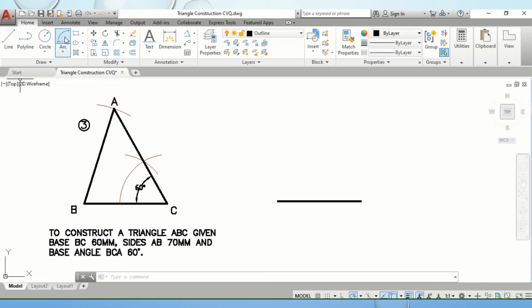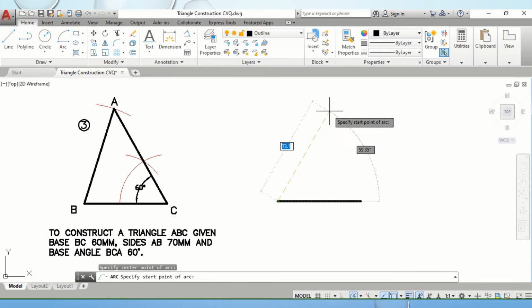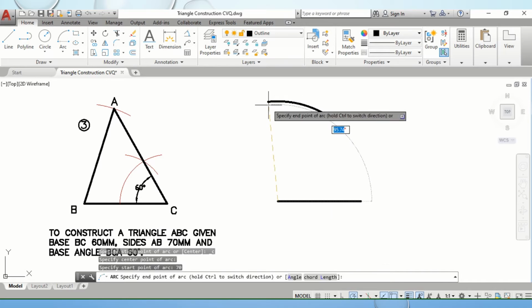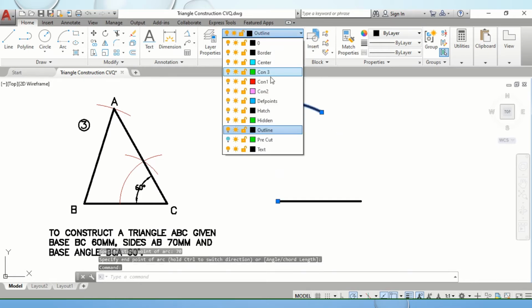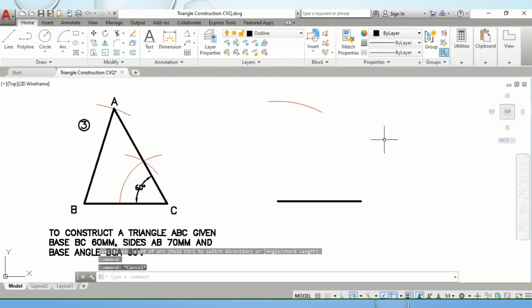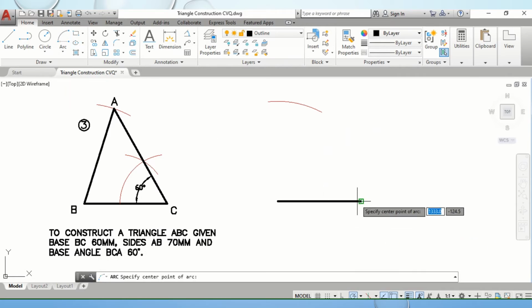And once again, once you are given a side, you're going to use an arc, center start end at 70 millimeters. And we're going to draw an arc. The arc represents where the side could be. And a base angle of 60 degrees. We're going to construct an angle of 60 degrees. If you can remember how to construct 60 degrees, or can review angle construction,